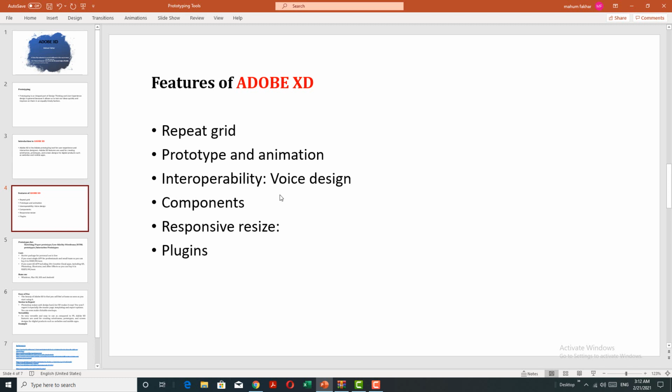Responsive resize means it automatically adjusts and sizes pictures and other objects on the artboards. This allows the user to have their content automatically adjust for different screens and different size platforms such as mobile phones and PCs. Plugin means that XD is compatible with custom plugins that add additional features, and uses range from design to functionality, automation and animation.